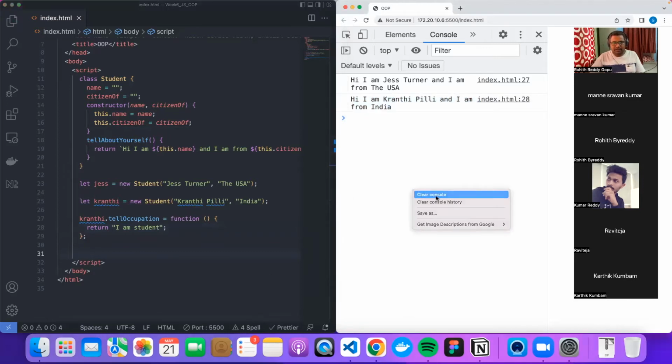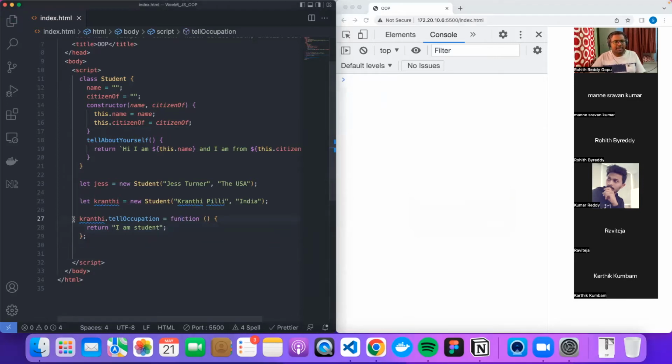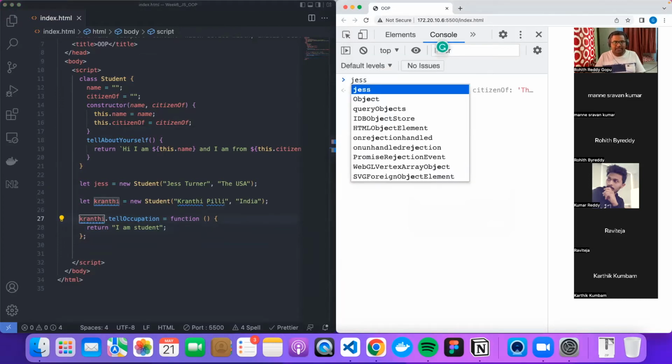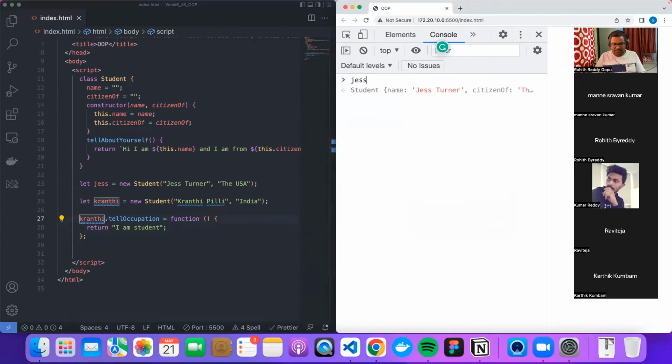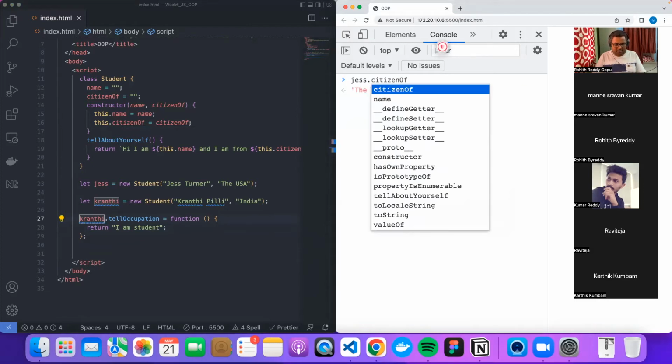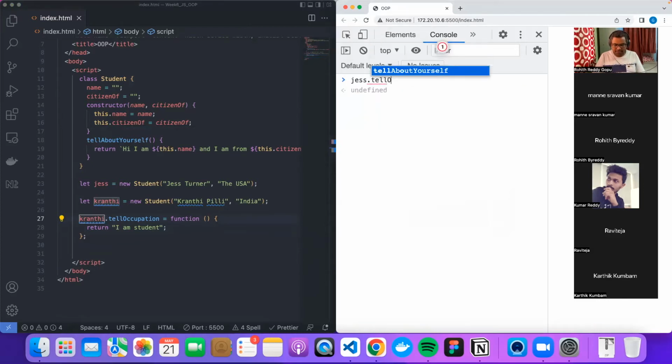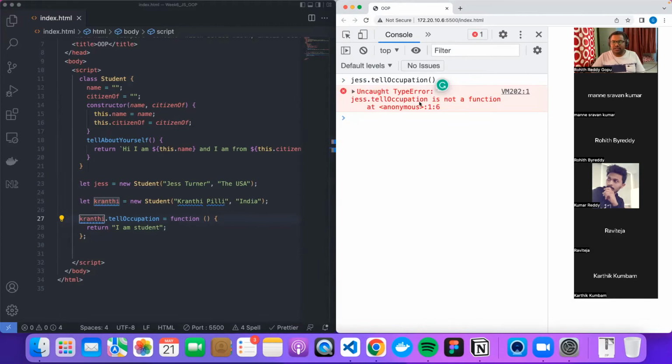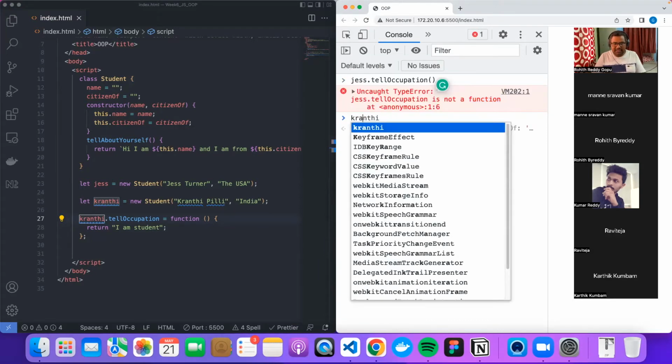Let us clear this console. Now I added a method on Kranti, but if I wanted to access that on Jess, I say Jess dot tell occupation. This method is not present on Jess. It is not a function. It is not present, but on Kranti,